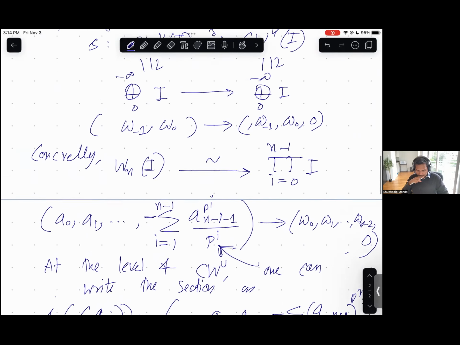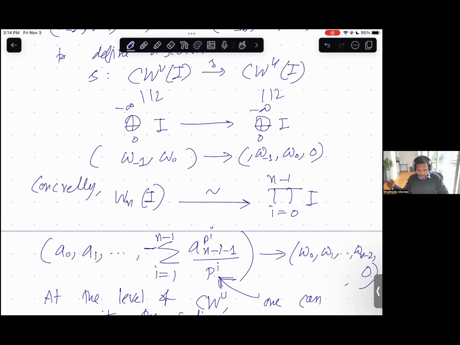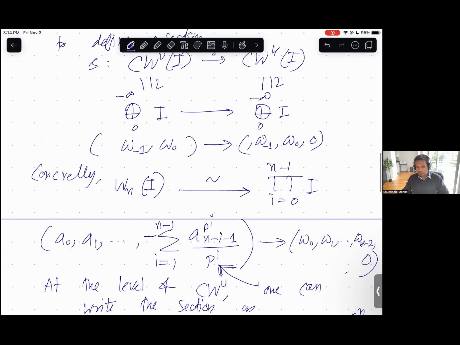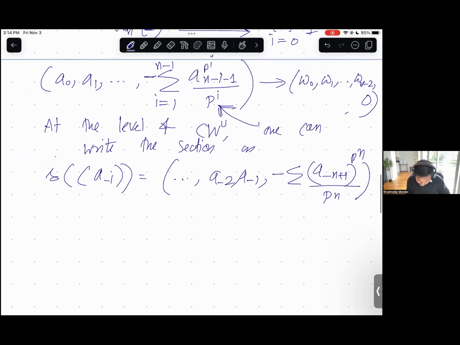But under these identifications, the fact that that map is additive, I think the additivity is clear, and it also explains how to find this section. Okay. So with this, I think